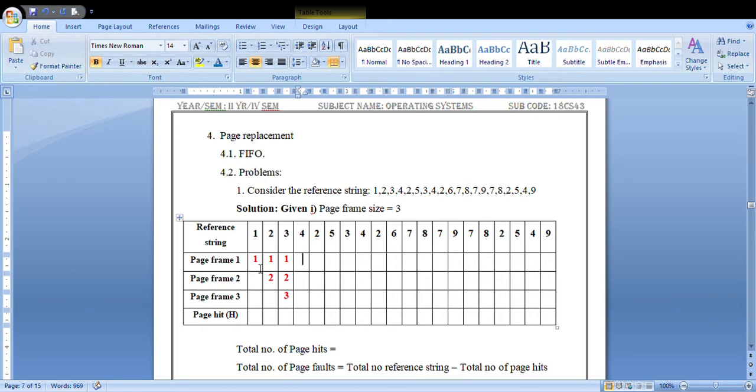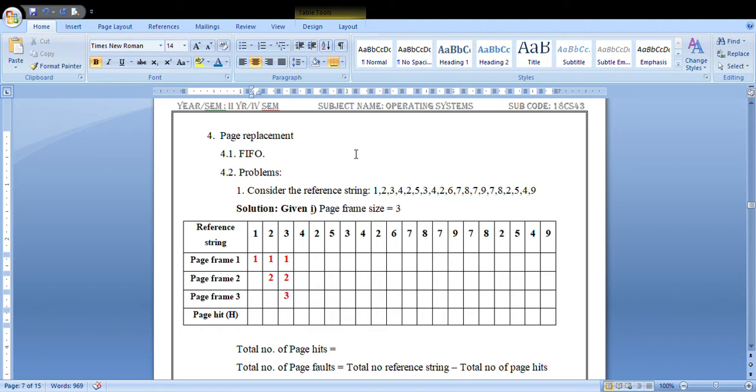Once it is done, the next page is 4. It is a new page and none of the page frames is free. Now you need to replace one of the pages, but how? In the FIFO page replacement algorithm, you should consider the oldest page.